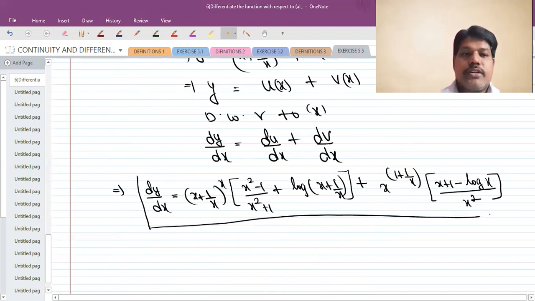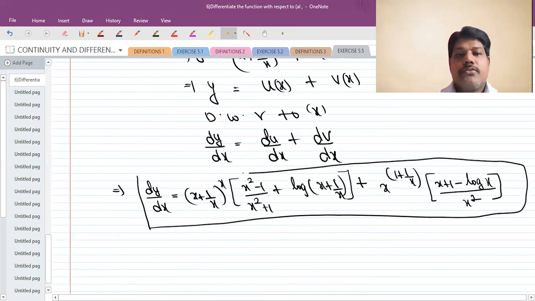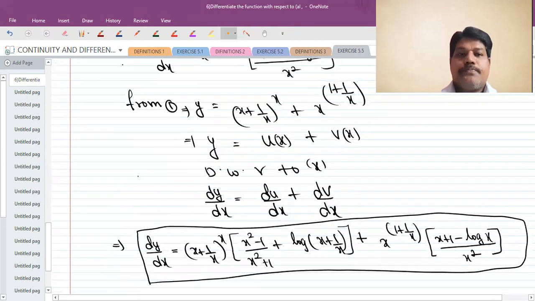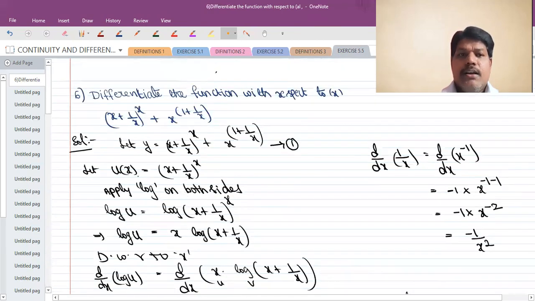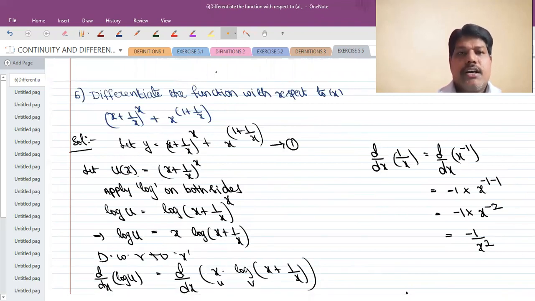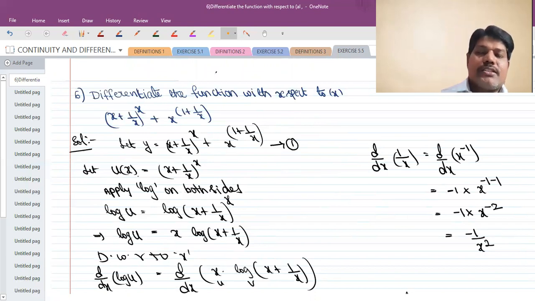So see that question, students. It is becoming lengthy, so see that carefully. First, you have to understand the process we are doing. If you understand that, it will become easy. So see that once again. What is the function given? It is given as two functions, f of x power g of x. Either two functions are in the same model.